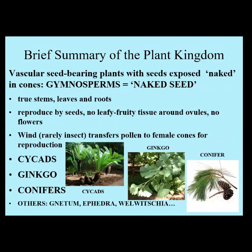So here we go. Now we're into the vascular seed-bearing plants as we're moving up in evolution of plants. The seeds in these plants are exposed or considered naked in cones. So gymnosperm is the term that we use for those, which means naked seed. Of course they have true stems, leaves, and roots, reproduced by seeds. They don't have a leafy, fruity tissue around the ovules and no flowers,